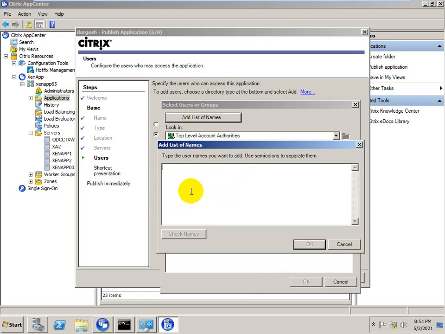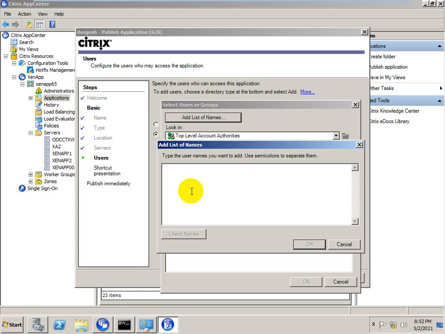Add list. We always prefer to add groups over here. Whatever group we need, we add the group here. We need to create a group, or we get a single request that one user needs to be added.